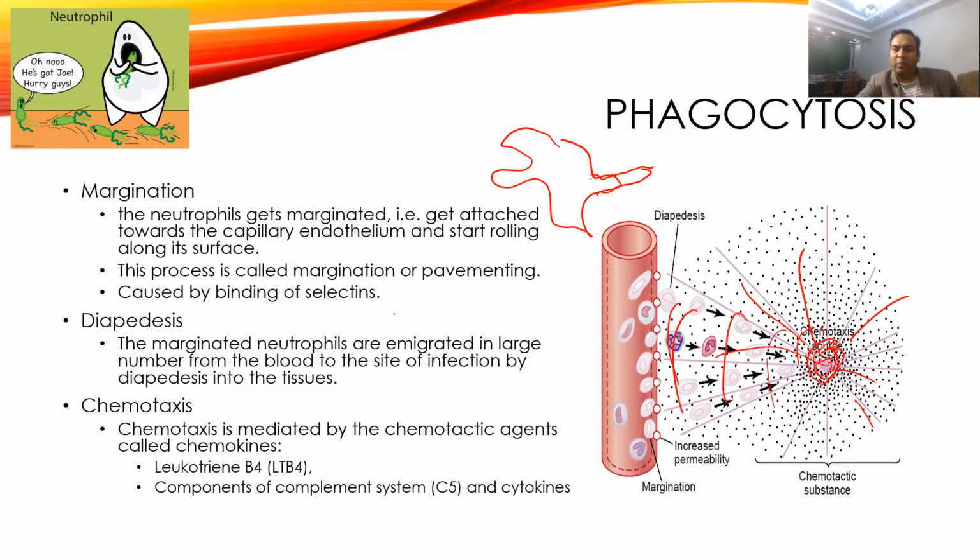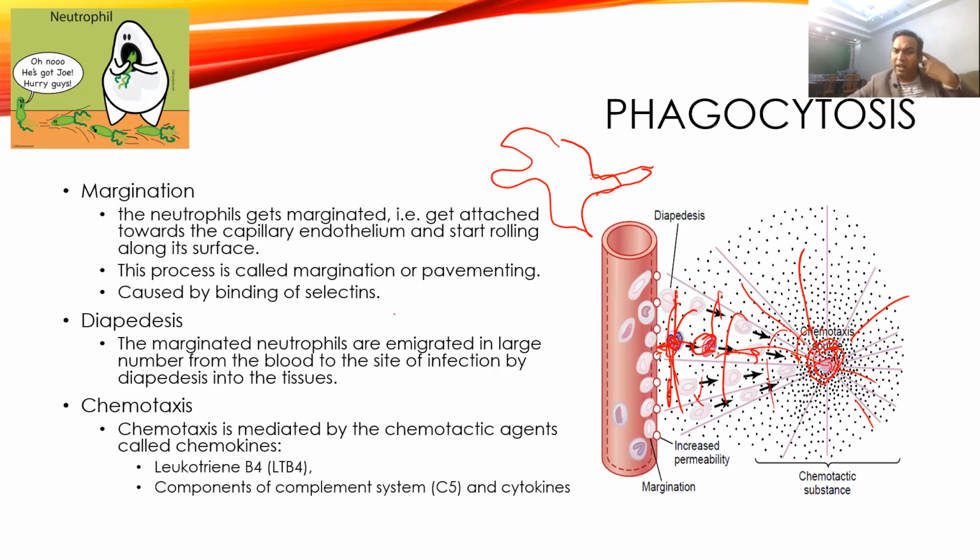Suppose a neutrophil comes here, it will not go here because here also there is the same concentration, and this side also the same concentration. From this side to this side is high concentration, so it will go from low concentration to the high side. Once it comes here, it will not move back because behind is low concentration. It will go from low concentration to high concentration. Ultimately, it will reach the site of inflammation, and this mechanism is called chemotaxis.